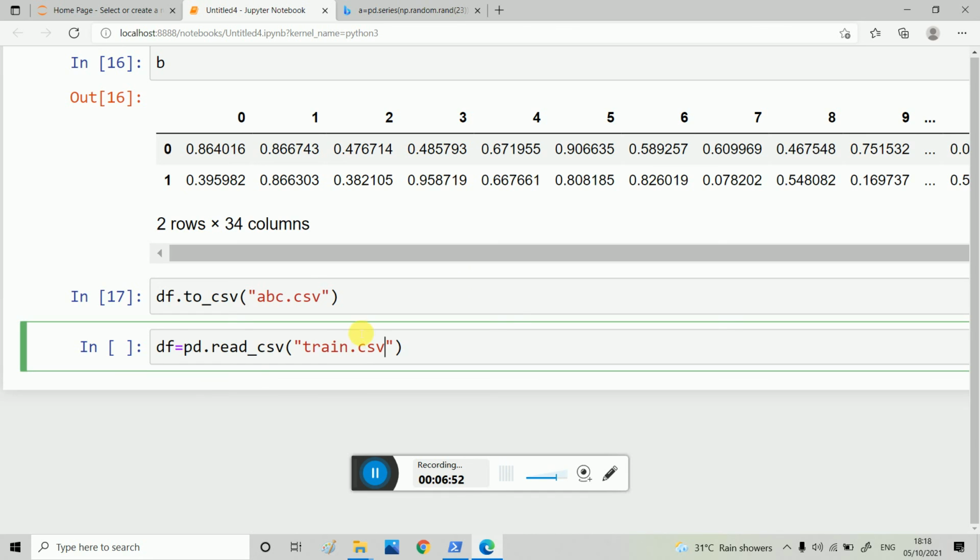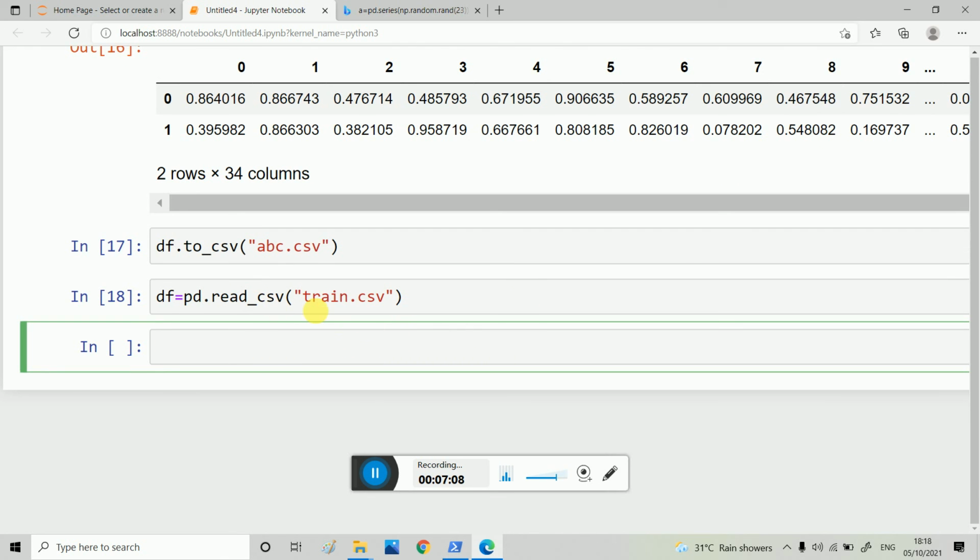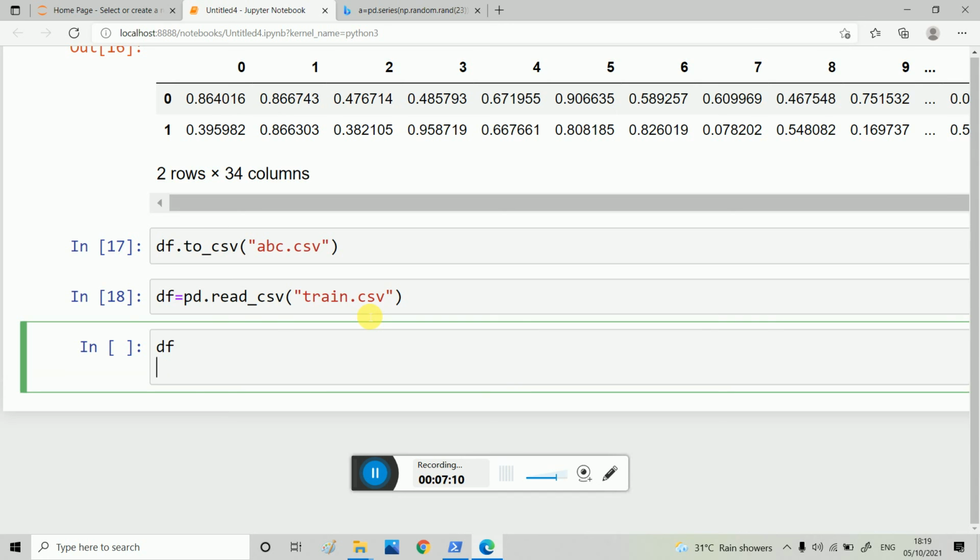This train.csv is the Titanic problem from the Kaggle competition. I will explain the Titanic problem in detail later. Firstly, here I introduce only the data set, that is df.